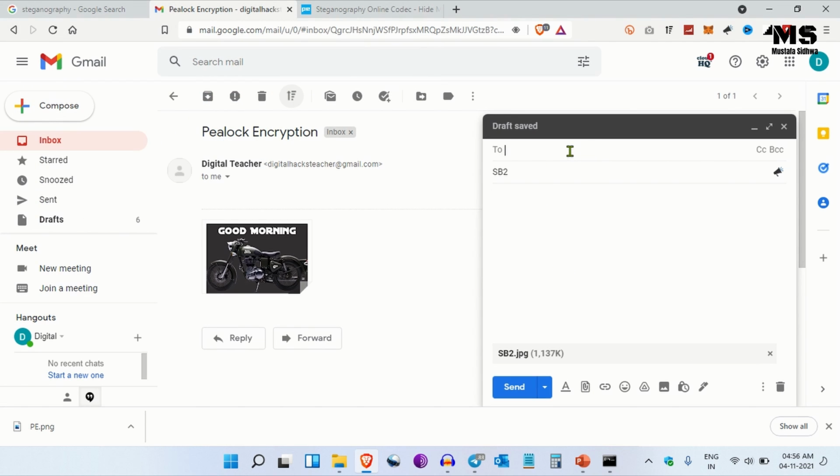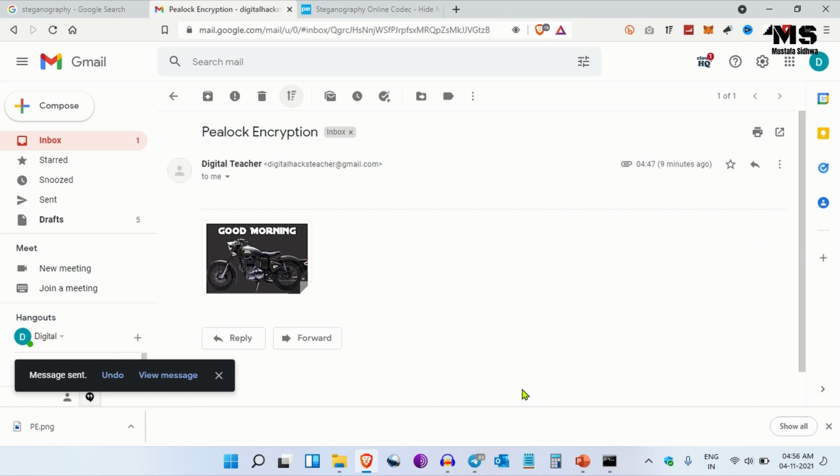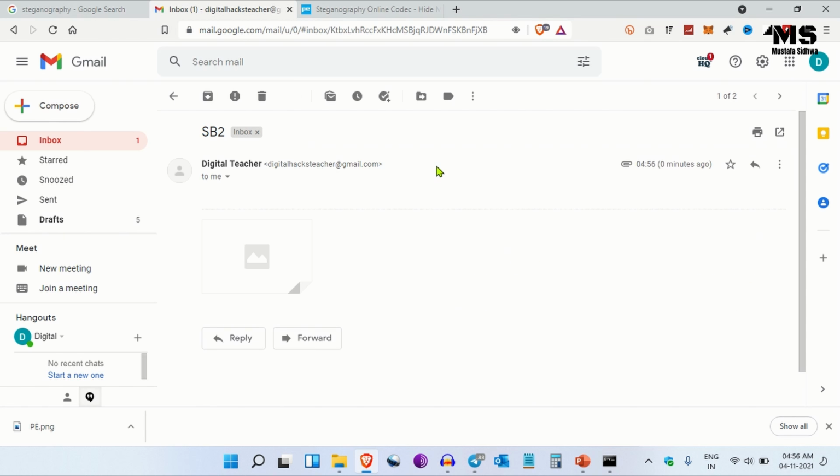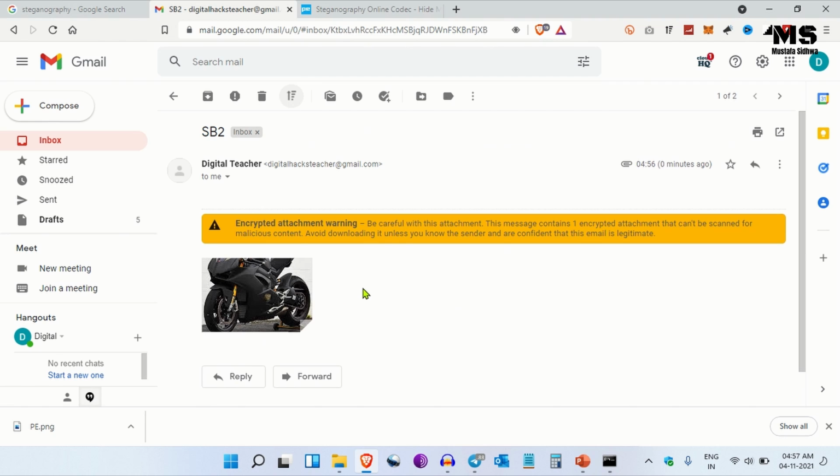Again, for the email, we are going to use the same email account, and then we will send this file. Once you do that, the file has come over here. Let's open it. And now once you do that, even Google gives us a warning saying that an encrypted attachment warning is there and it has not been able to scan it. So what we will do is we will download it,